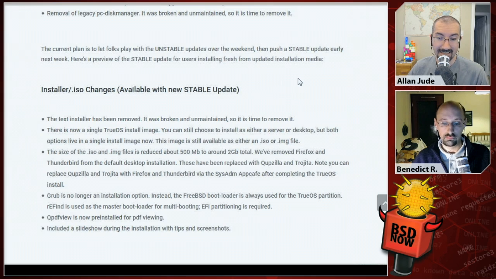They've cut the size of the ISO and image files down by about 500 megabytes to be about 2 gigabytes even. Basically, they removed Firefox and Thunderbird from the default desktop install so that they can save all that space. Those will be replaced with Cubzilla and Torjita. Never heard of that. I know Cubzilla is a browser, so I'm guessing the other one's a mail client. Of course, you can install Firefox and Thunderbird back just by using the sysadm app cafe after you get the